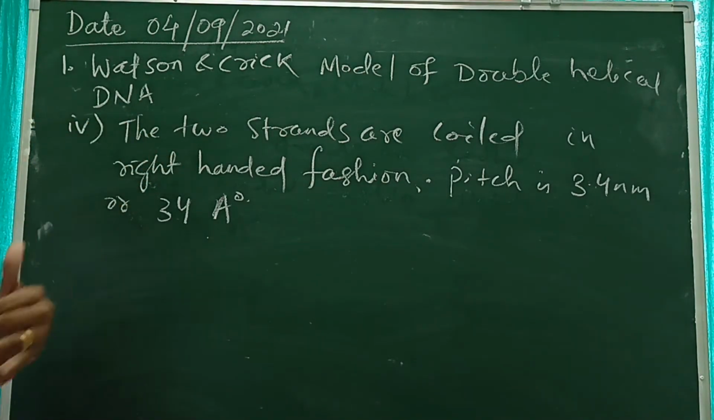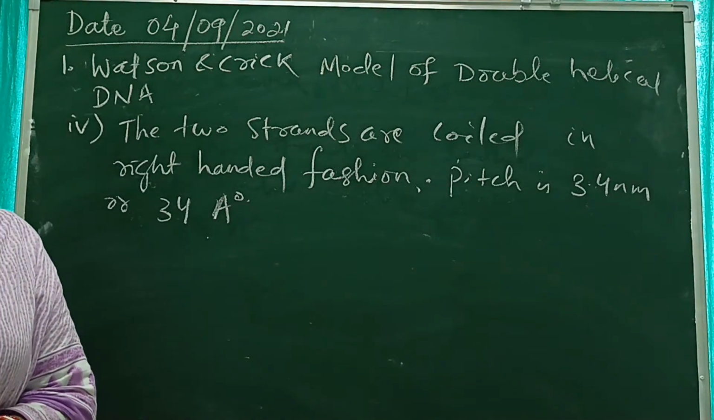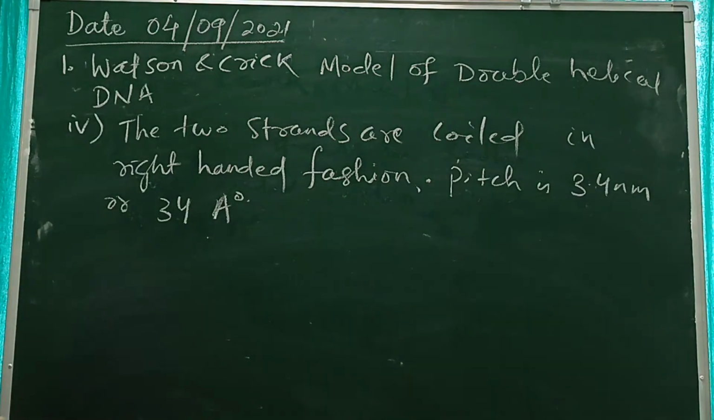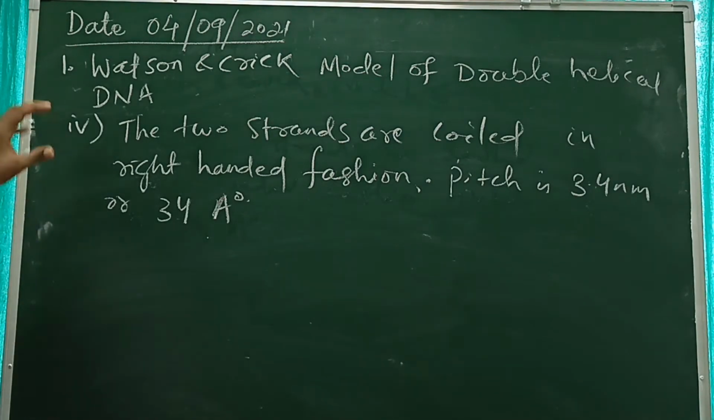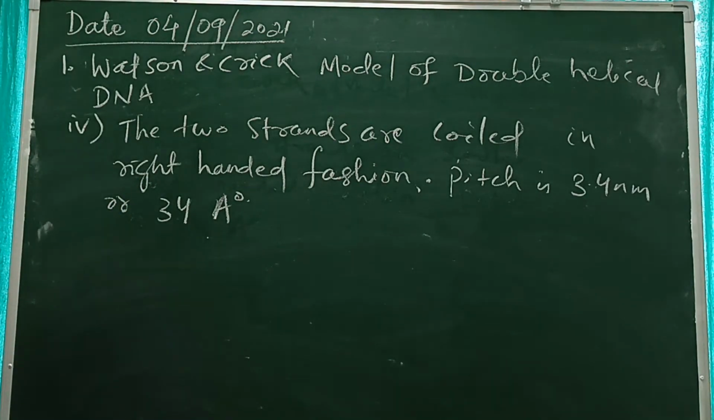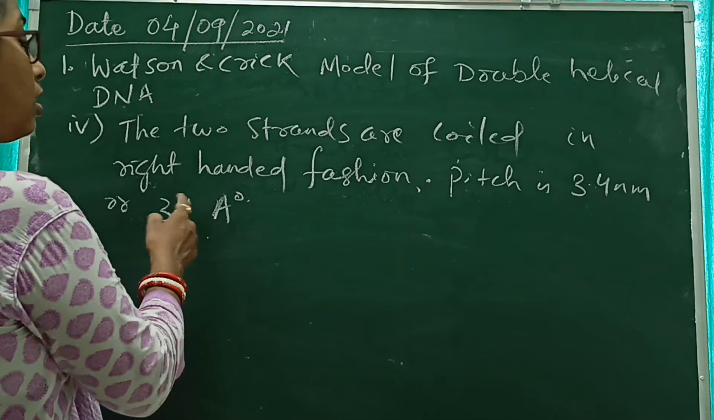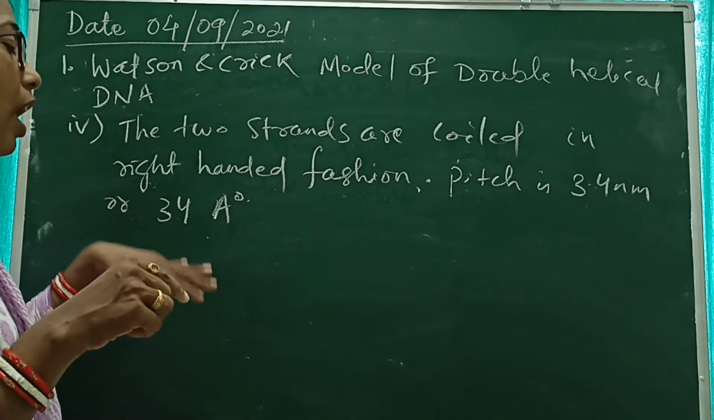you know that there are different forms of DNA: A form, B form, D form, E form. So in some cases the DNA is left-handed, in some cases it is right-handed, in some cases it is zigzag. But in most of the cases the DNA is B form, and the double helical structure that was proposed by Watson and Crick was a right-handed DNA. That was the B form DNA. So the pitch is 3.4 nanometer or 34 angstrom,